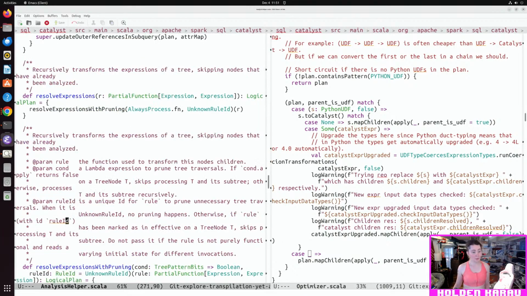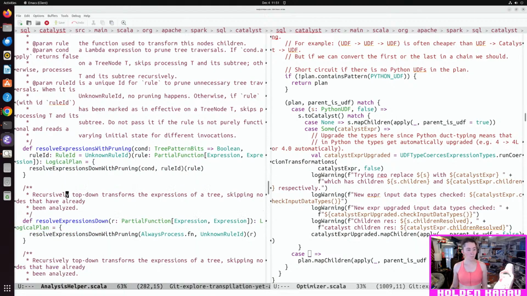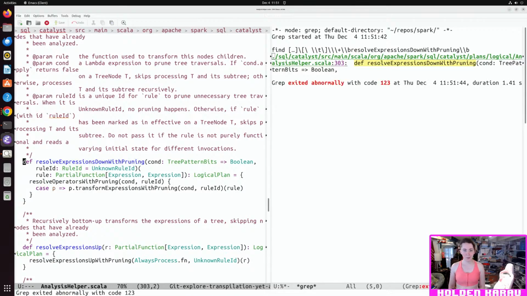Resolve expressions with pruning. You're saying you can't find resolve expressions. Literally here.